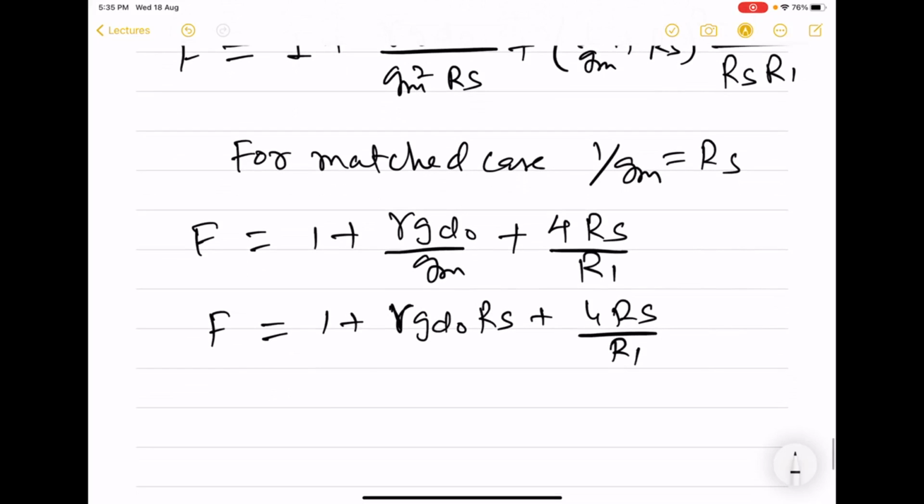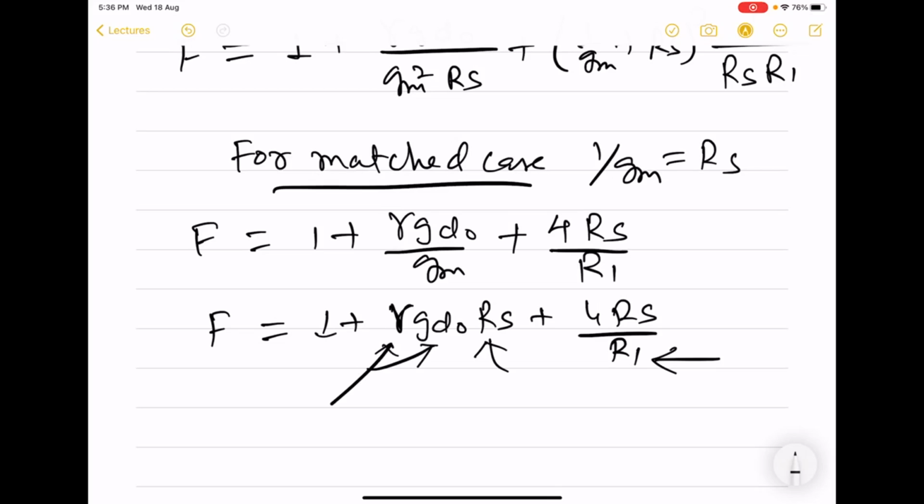So here we can see that gamma and GD0, they are determined by the MOS. RS is determined by the source, which will be 50 ohm, R1 determined by inductor. So once we make this match condition, the noise factor gets fixed. There is no way we can change it,